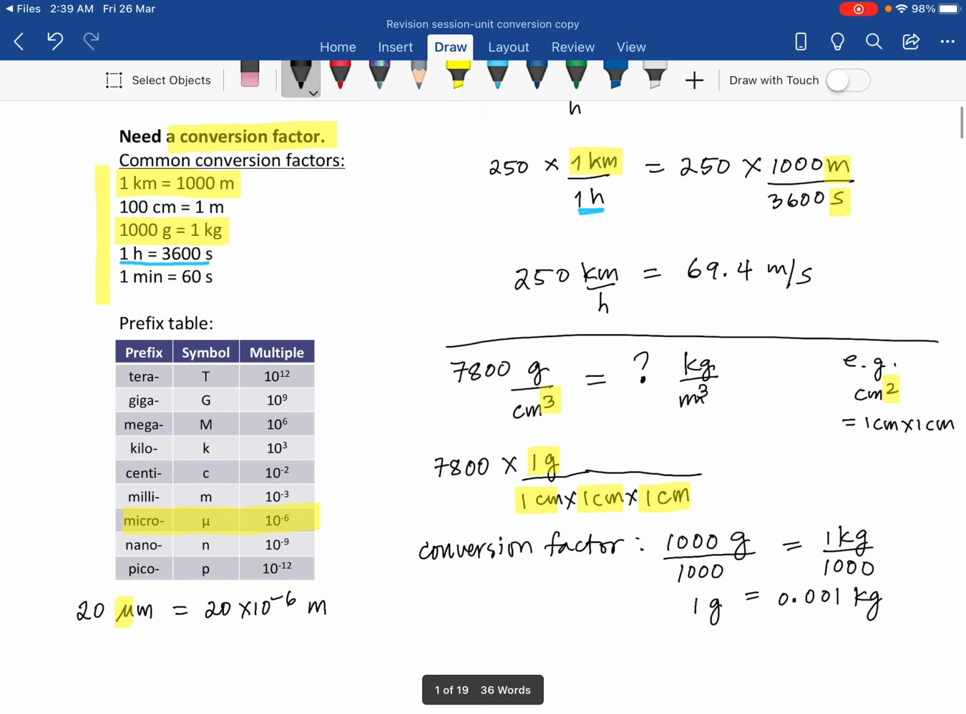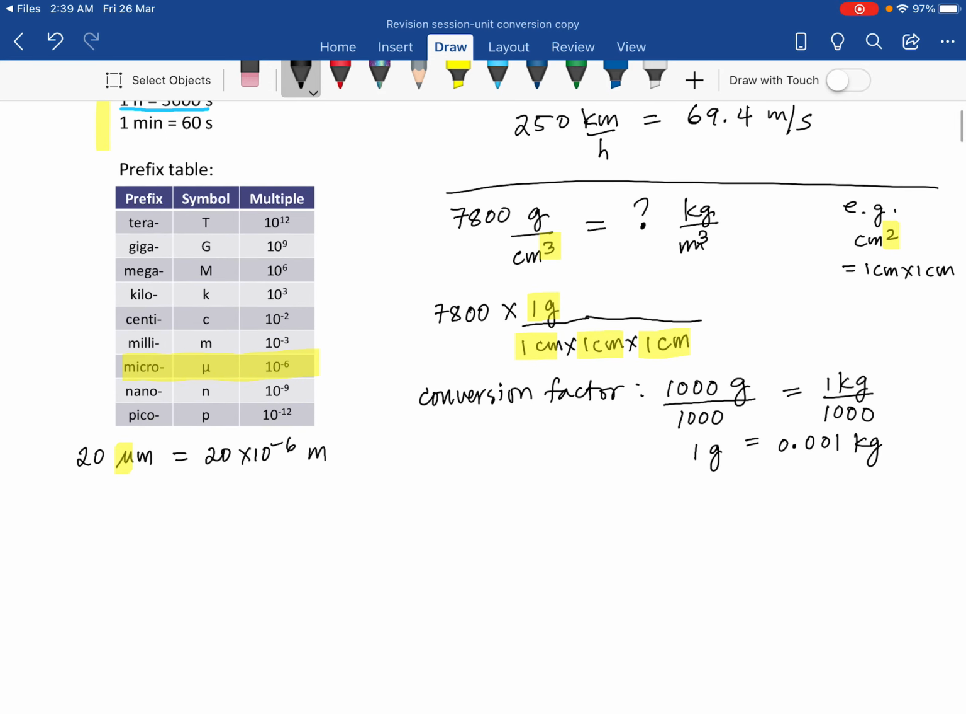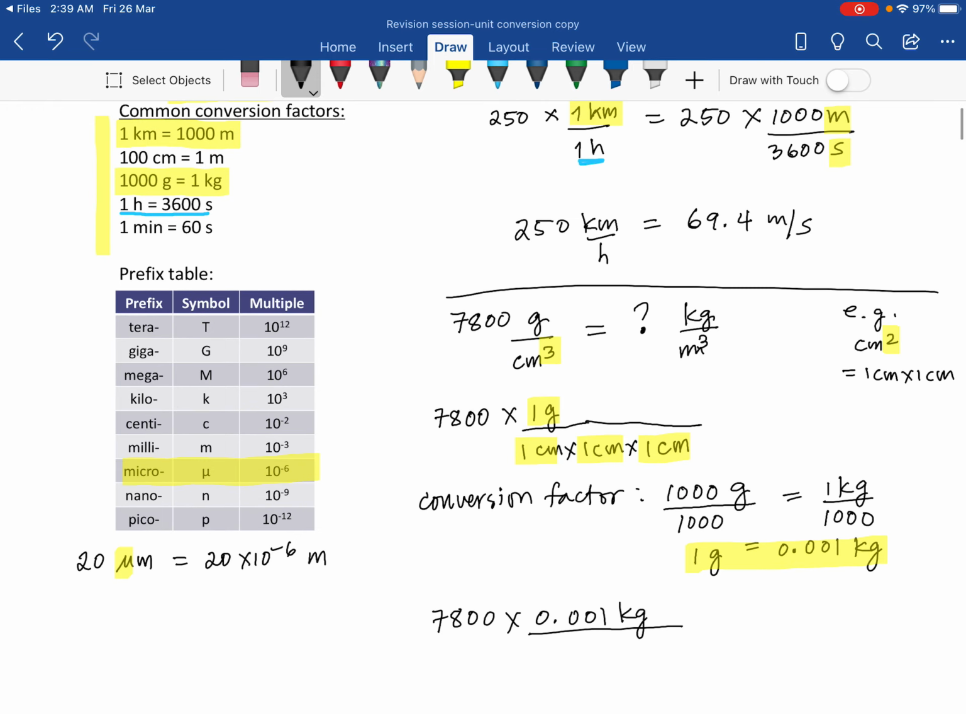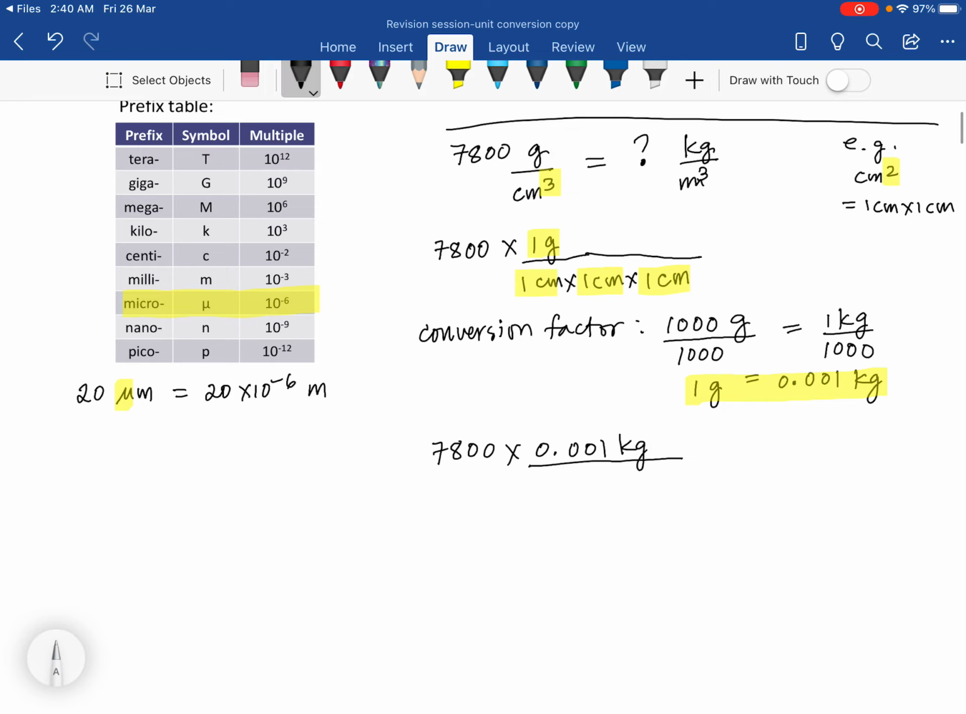Okay, so we can now replace grams with kilograms. So 7,800 times 1 gram, our conversion factor, 1 gram is equal to 0.001 kilograms. Okay, now let's do the centimeters. So our conversion factor says 100 centimeters is equal to 1 meter. So we want to convert centimeters,